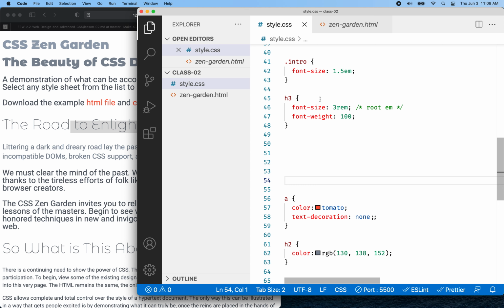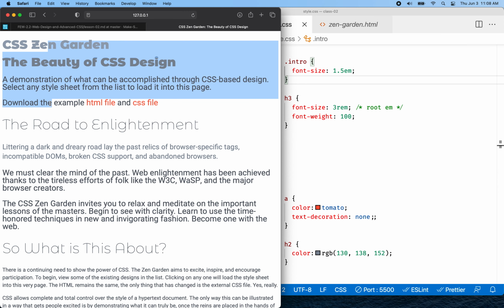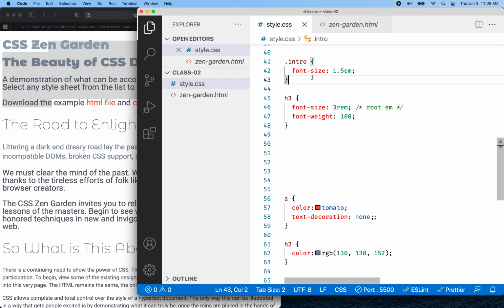There we go, right? So now we can see these two items together. We can see that everything in here is going to be twice what it normally would be. It's going to be 2 times the inherited font size, or 1.5 times, right? The H3 is using a rem, so this is going to be a root em, and instead of looking at its parent element up here and being